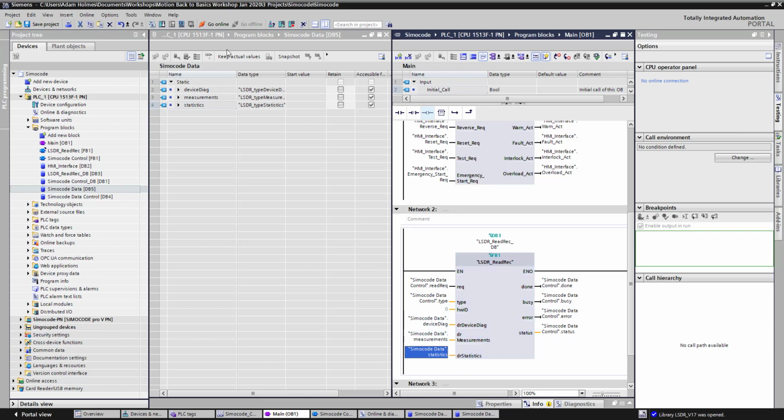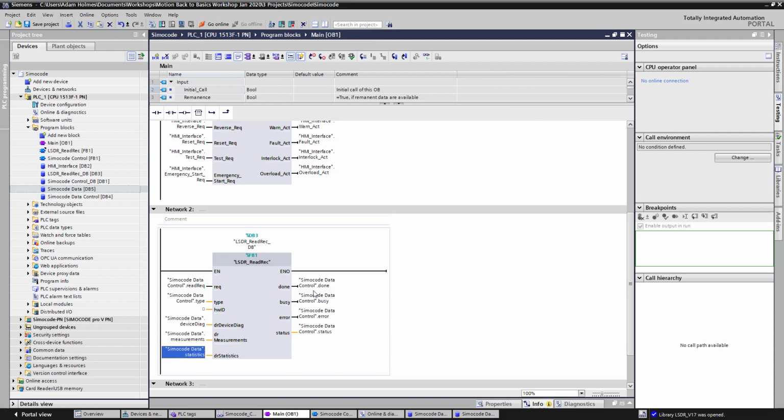The data that's read back will then be stored in this data block area that we've created. So that's the block pretty much tagged up. The only part that's left is the hardware ID, so which Simocode. So if we had multiple Simocodes, we'd need multiple instances of this block. But I've only got one Simocode, so we need to tag up which Simocode this block is going to read